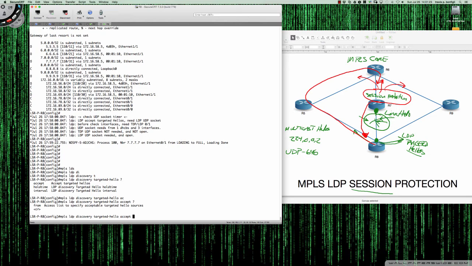When I type in MPLS LDP session protection, router 7 is going to try to establish a targeted hello setup with every router that he's directly connected to. And it's the same thing with the targeted hello accept. When I say MPLS LDP discovery targeted hello accept, what I'm saying is I'm willing to accept targeted hellos